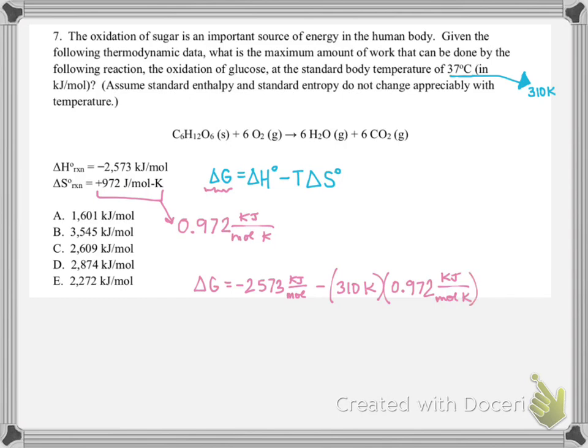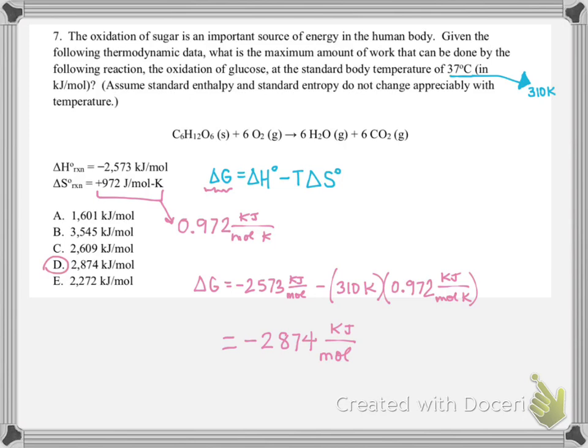Okay, and then this we can just enter into our calculators and see what comes out. And that value ends up being negative 2874 kilojoules per mole. And so that's saying that's how much energy is released, and so it can do a total of 2874 kilojoules